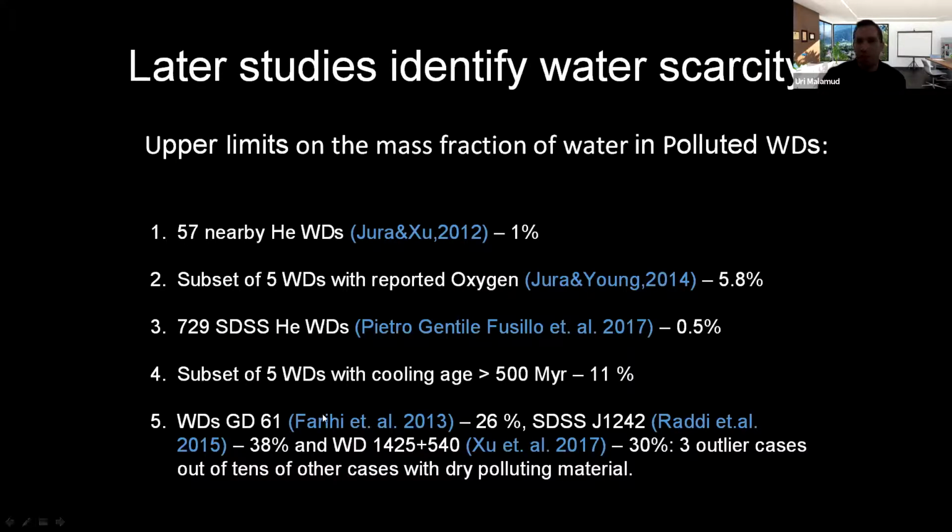So later on, this was the first object that contained water. Later on, they found two more of these that have a high fraction of water in them. And also they looked at large samples of objects and they found that typically in a lot of these objects, they found dry material, terrestrial-like material. But in very rare cases, I'd say about 10% of the cases or even 5% of the cases, they do find polluting material which is rich in water. So the question now is why?